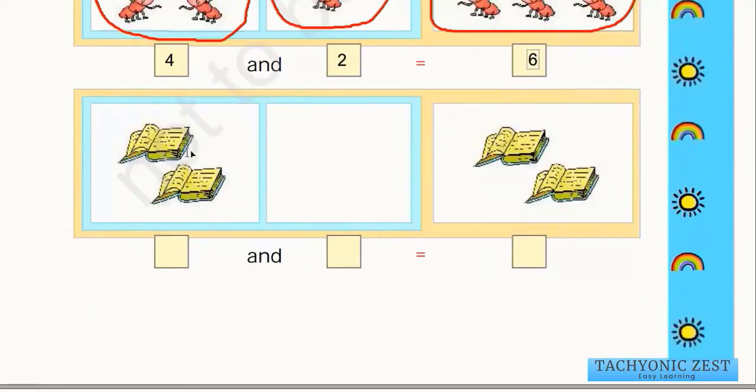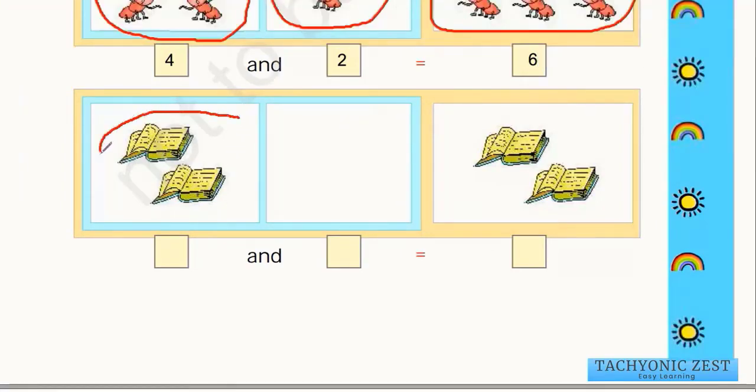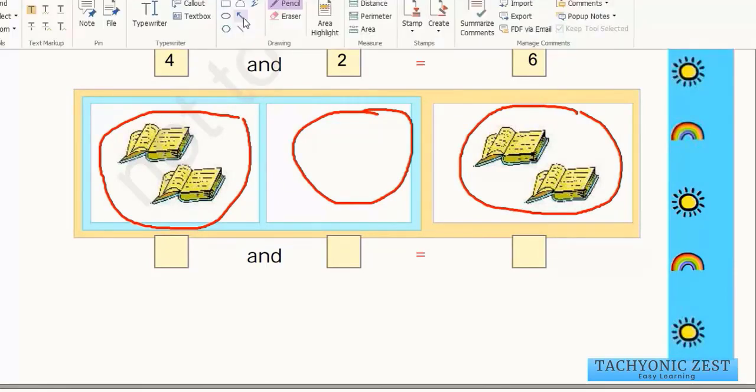In this question there are some books here, and then we are adding again some books here. So what is the total number of books that we get? If we see here, at first we had, if we count 1 2, so 2 books at first we had, then we are adding 0 books. So what is the total number of books we will have? The total number of books we will have is 2 again. If we count this, it is 1 2, which is 2.